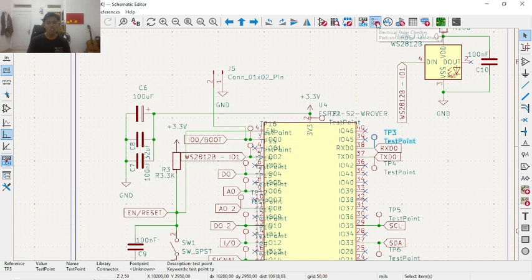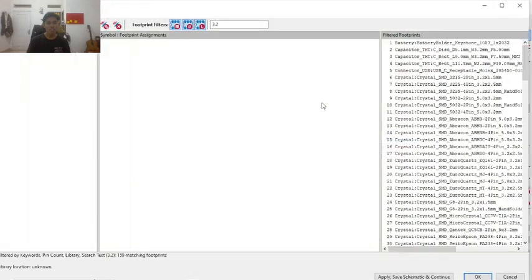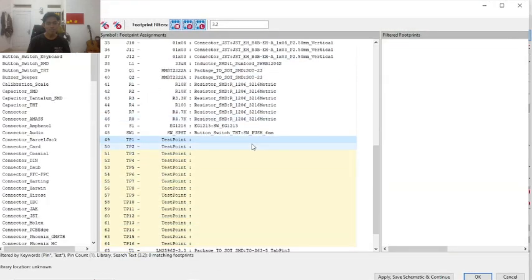Maybe I will just assign the footprint. I will add the footprint of the test point.